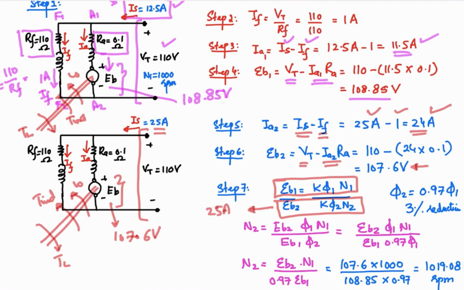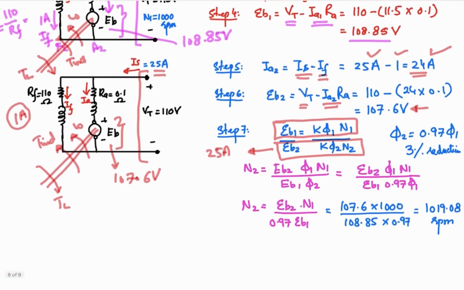Okay, so the field current flux is going to remain constant, because it is going to give you a fixed 1 ampere current. But because of armature reaction, the magnetic neutral axis is going to shift, and because of that there is a net reduction in the flux that is available at the poles, reduced by 3%. Okay, so what was the initial flux? Let's suppose that is equal to 1, and what is the new flux? It is 0.97